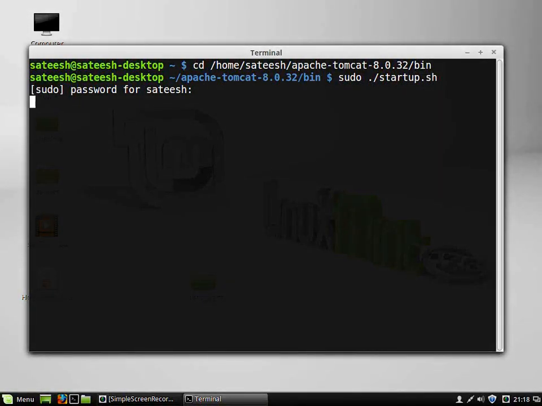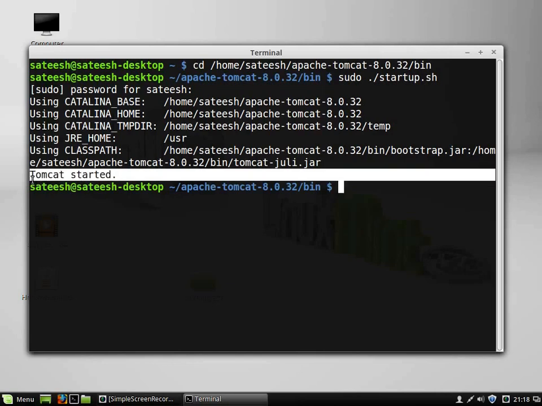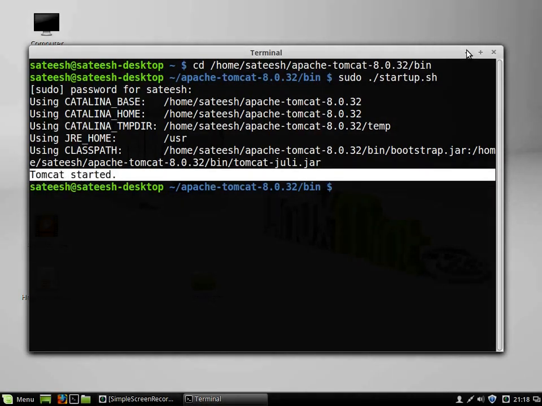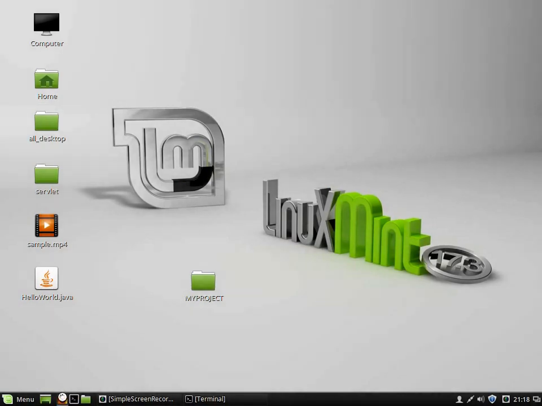Go to the location where your Apache Tomcat is available. In my case, it is available in, I am going to the bin directory of Apache Tomcat. In bin, there is a shell called startup.sh. We need to run that service by executing that shell. Right, but try to do it with your root credentials. Startup.sh. Provide the password. You should see that Tomcat is started like this. Okay. Now let's check whether it is up and running or not. Open your browser.